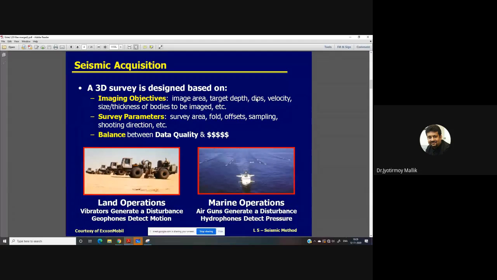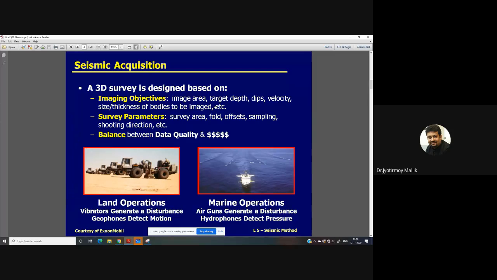The depths of the beds, the velocity of the subsurface, the elastic wave velocity, the size and thickness of the bodies to be imaged. These are all the things that matter in how a seismic survey should be designed. I know for now it is not making much sense to you, but remember these points. We will see as we go ahead with the lecture how all these points are